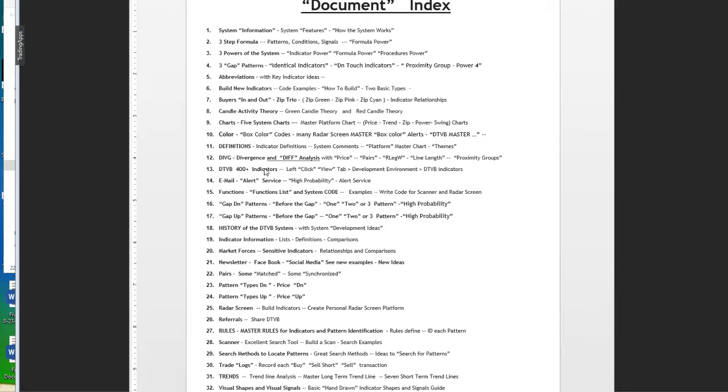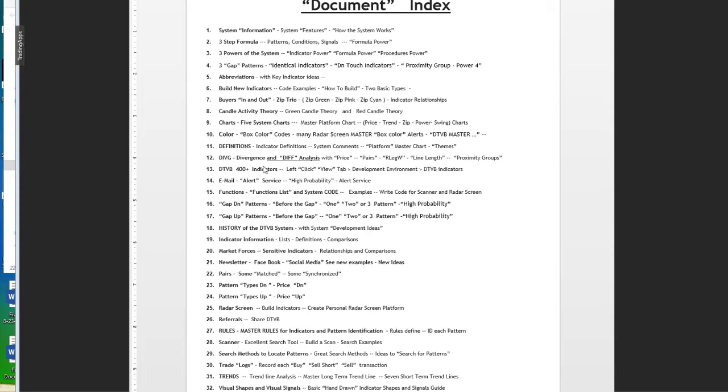So it's larger than 400, but there's definitely a lot of indicators that you can use in the scanner or the radar screen to instantly make the system work for you. By that, what I mean is when you start the system, you're going to need to build scans. And there's 8 master radar screen